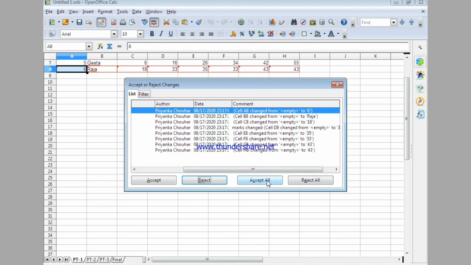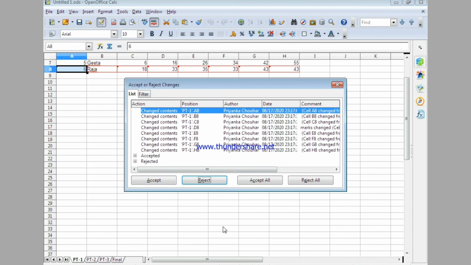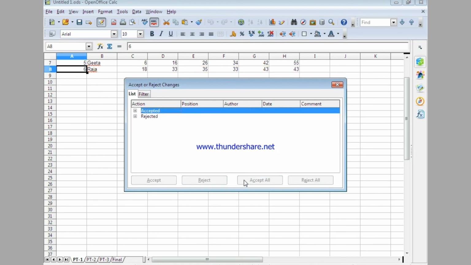And if I click on Accept All, the new values would be accepted. So from this window, either we can accept or reject a particular change, or we can accept or reject all the changes altogether. Let's accept all these changes, which is a new row. Click on Accept All. So the new row would be accepted.